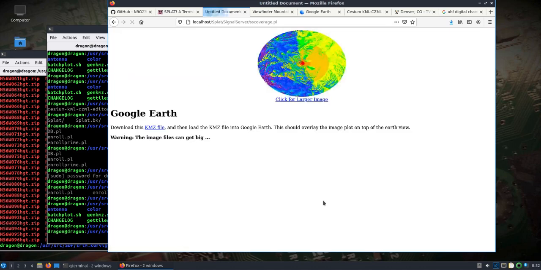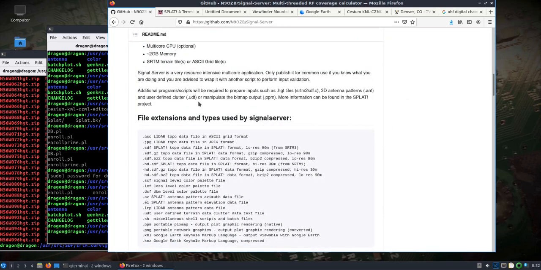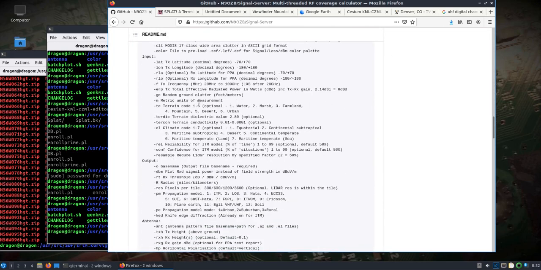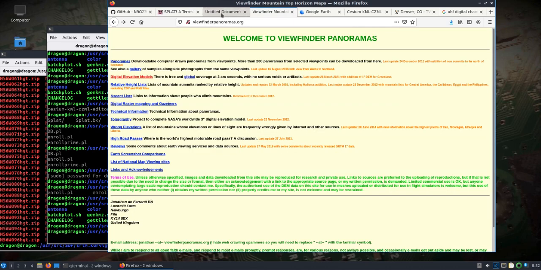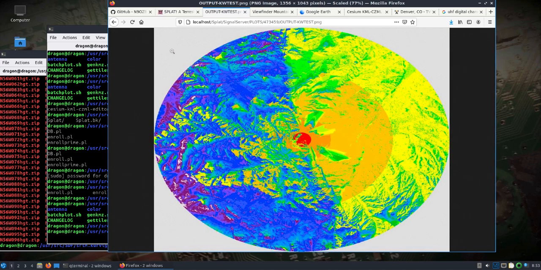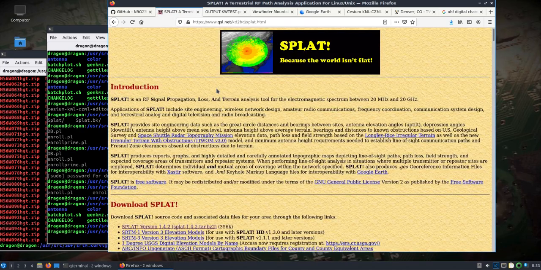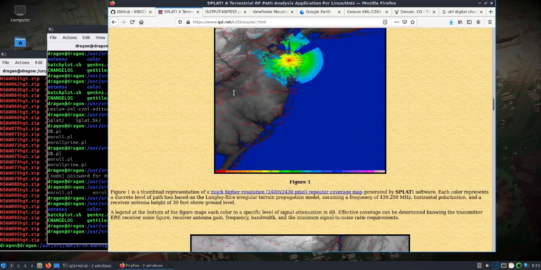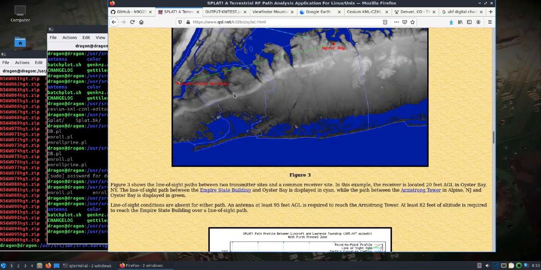Now, Signal Server can be run via the terminal command line, and there's many more settings that are available, which is all talked about under the parameters section of Signal Server. But to make this easy, we can use this interface, which you can see here generates a coverage map. Now, these colors mean different things, which eventually I'll get a legend into here, which is actually shown on the Splat page. If you read down through and look at some of the examples that are possible with this,